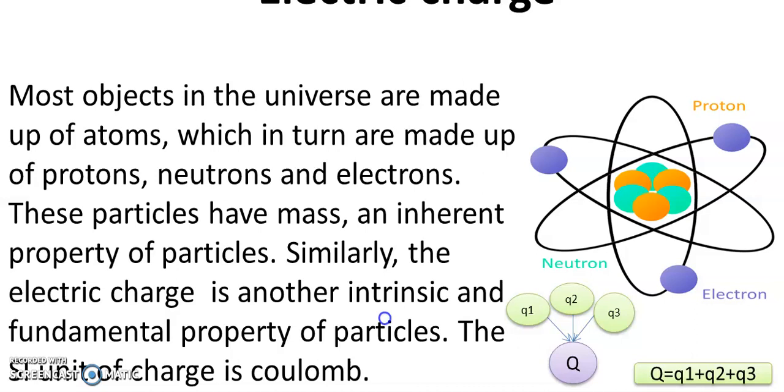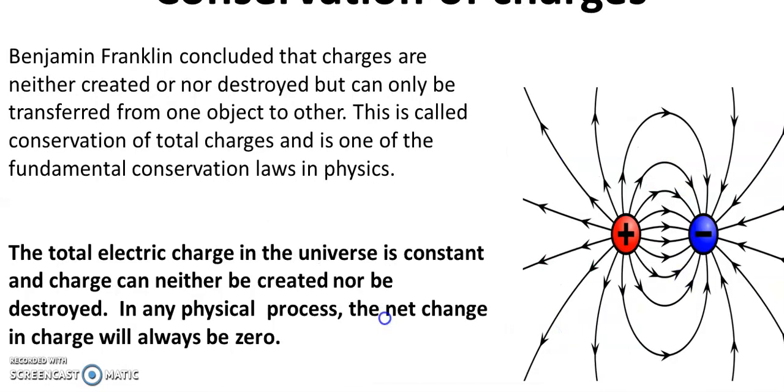There is another property of electric charge which is not given in your book, that is additivity of charges. When I add different charges like Q1, Q2, Q3, it constitutes the total charge of the system. If I have charges like plus 2, plus 6 and then plus 2, it is 6 plus 2, 8, and 8 plus 2, 10. Totally, the total charge of the system is 10. Likewise, additivity of the charges is also a property of electric charge.